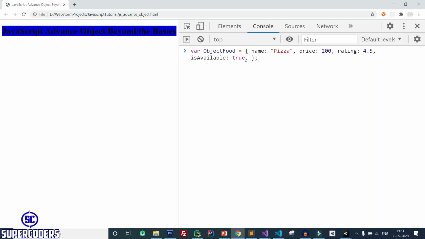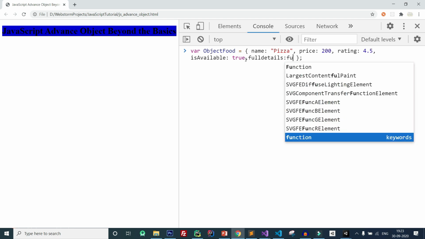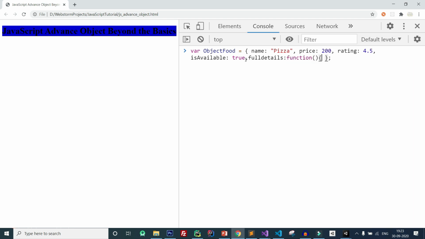So like fullDetails, and here add a function. So function, after that you want to return the full detail, so return name, and to access this name, you need to use this.name.